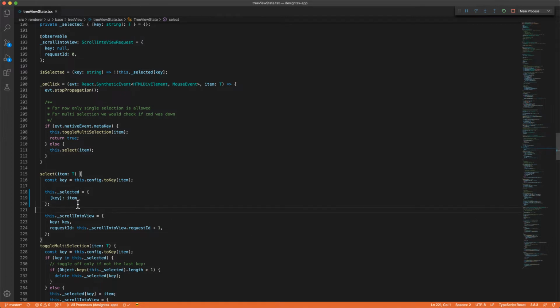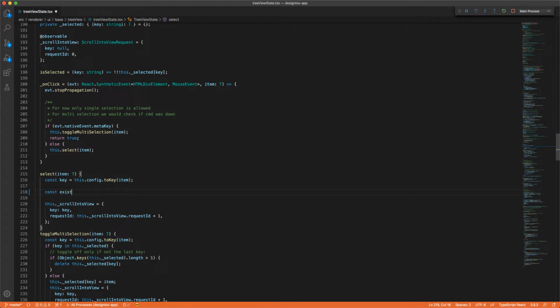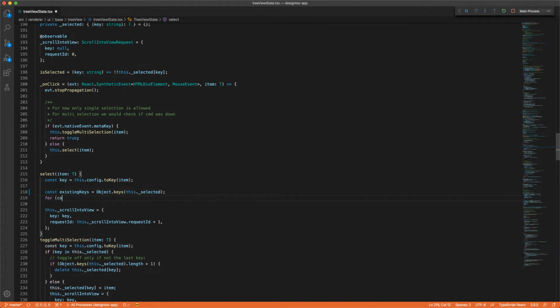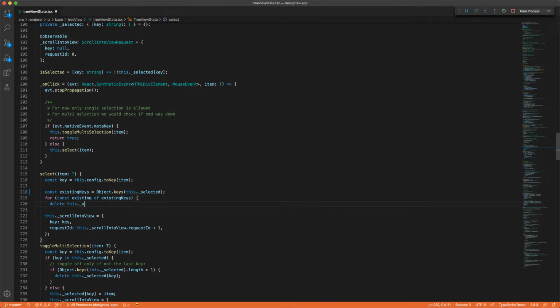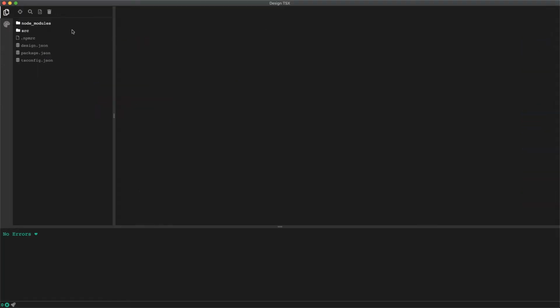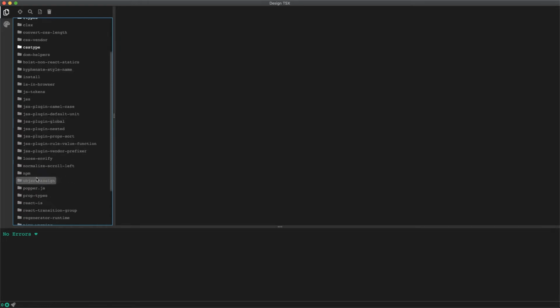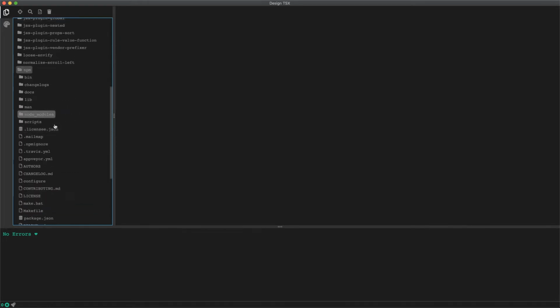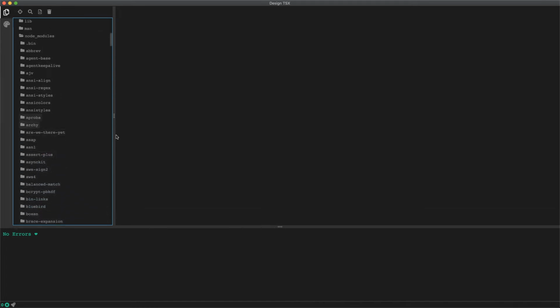So instead of completely reassigning the variable, we will go ahead and delete any existing keys from the selection and only set the new selected key. So only the items that were observing the previous keys or the item that is observing the new key will get re-rendered. We jump back to our application, expand node_modules, expand npm node_modules, and now even with a pretty large tree, it continues to perform smoothly. And now when we open up the profiler,